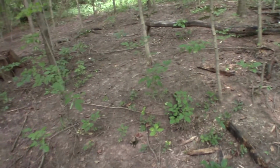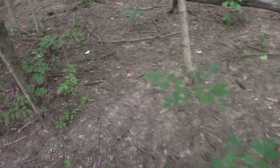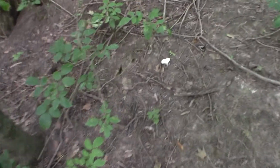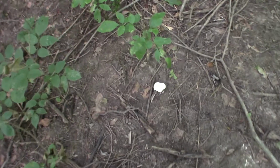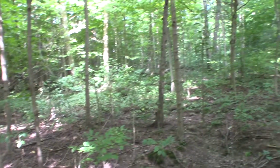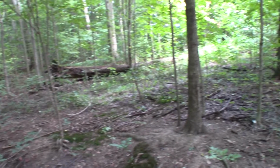Well, here's a nice little clear spot in the woods. No ground cover, so to speak. It's easy walking. Nice mushroom of some sort there. You can look around. Got some deep dark stuff to walk through, but